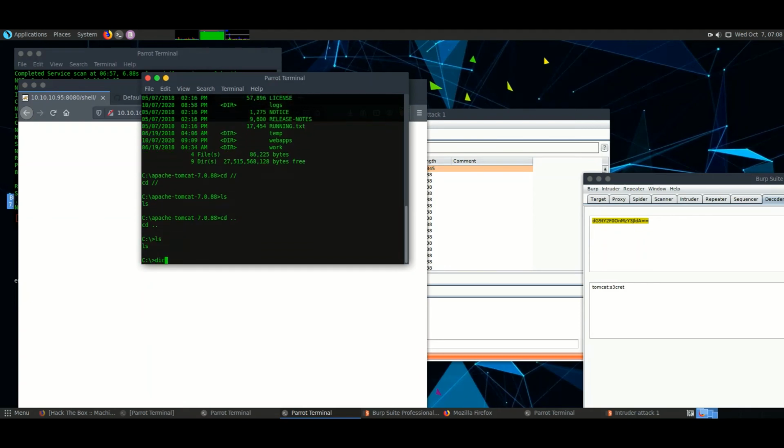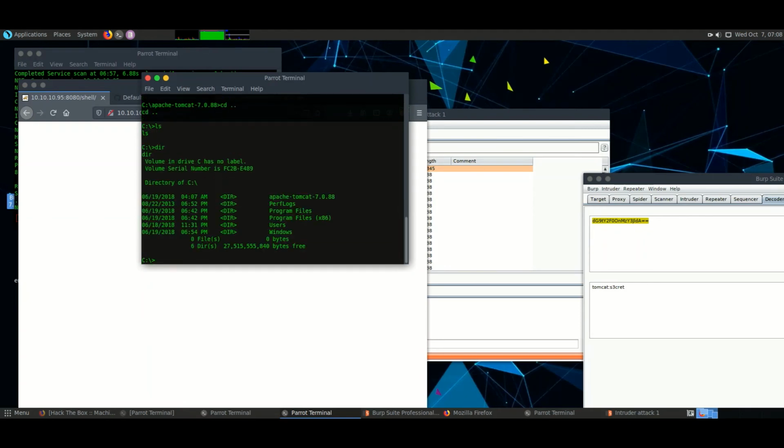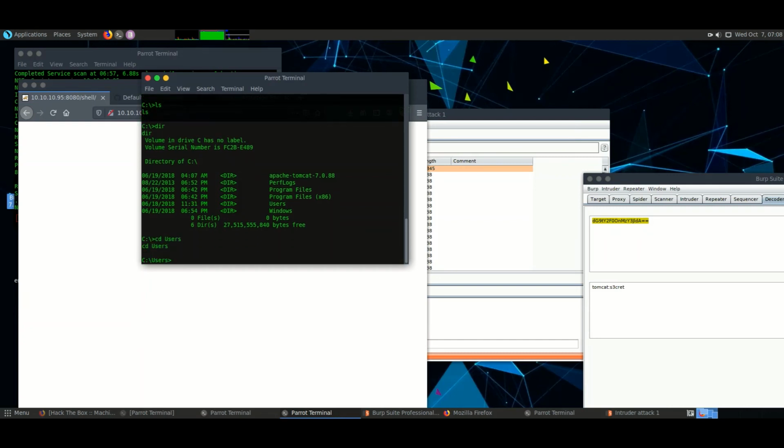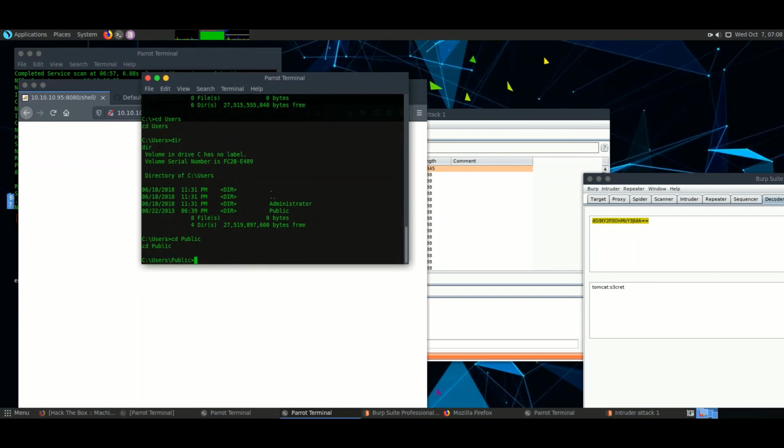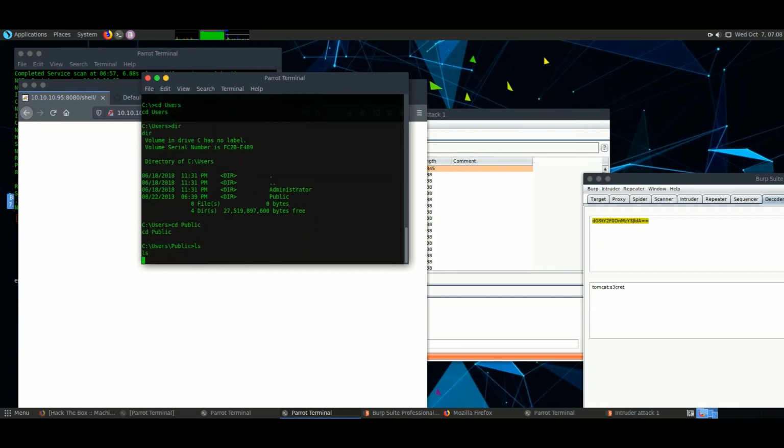Basically, I have a habit from Linux, so every time I misuse ls here instead of dir. Again ls. Okay.